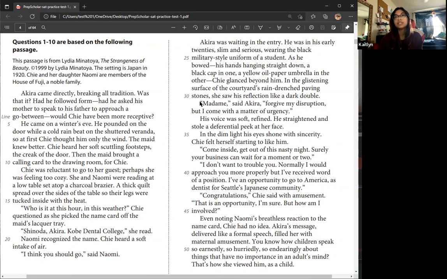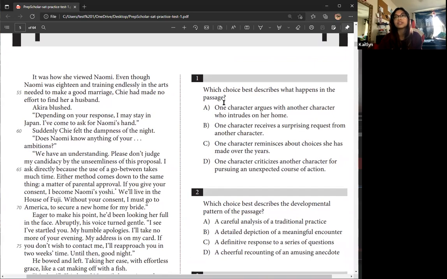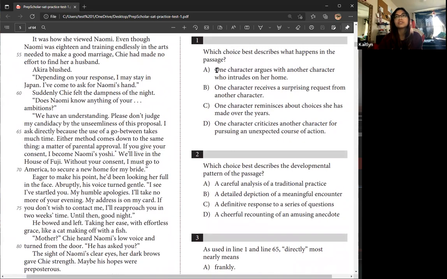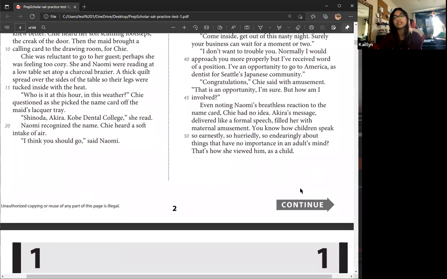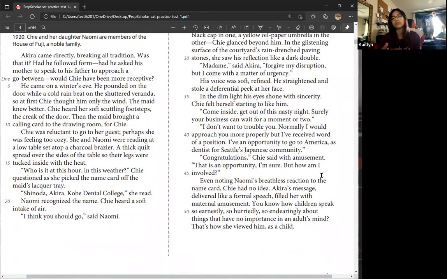So here he meets Chi, and you could already tell that the interaction so far is very polite. So that calls back to this question: what does Akira most fear here? So far you can basically cross out "argue" and "criticize." Of course, the passage isn't done yet, so you can't say this with finality, but just keep that in the back of your mind, because the beginning can paint how the rest of the